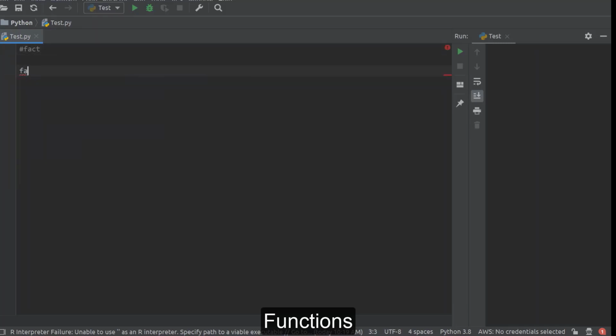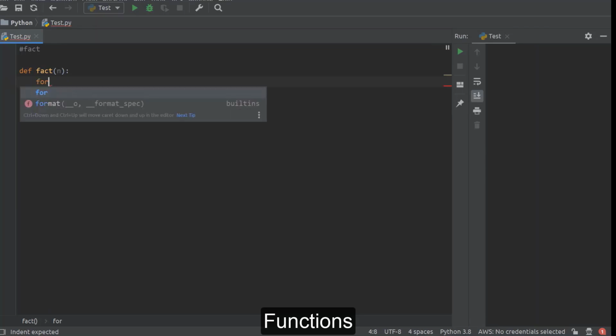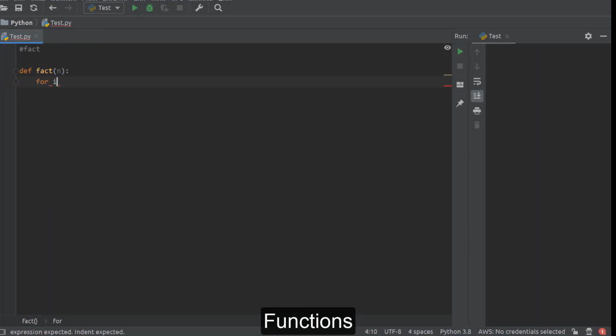See, this is the name of function, fact. One argument will be sent to this function as an input that we are receiving in this parameter n, and here we want to calculate factorial of that number. We are already having idea how to calculate factorial. We have seen that program also. So we'll directly write down a loop.